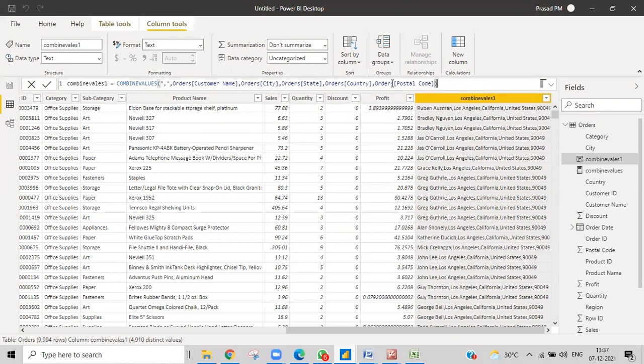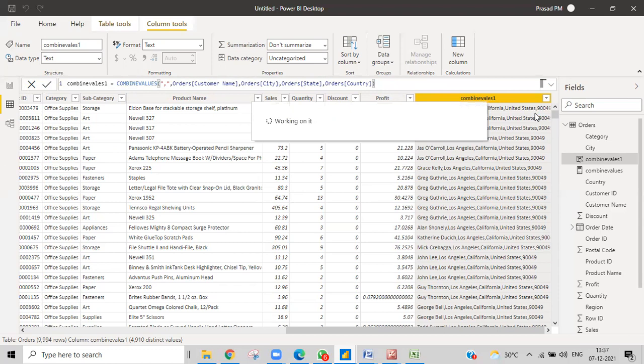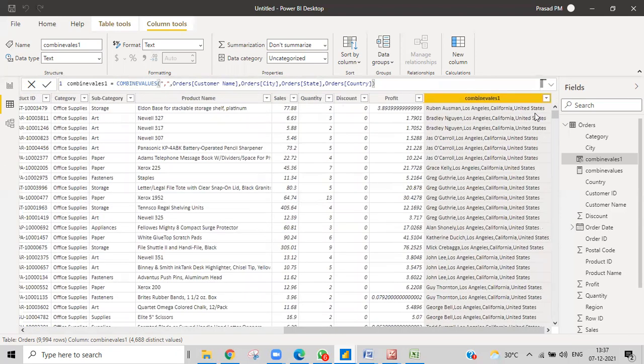That is the real-time kind of thing. What we'll do is take this entire part as one string. Right now I'll just approve that so that it will be up to United States only. Then I'll take the postal code as the second one. I'll take this entire thing as a single text string part, and then I'll use the same combine values again.